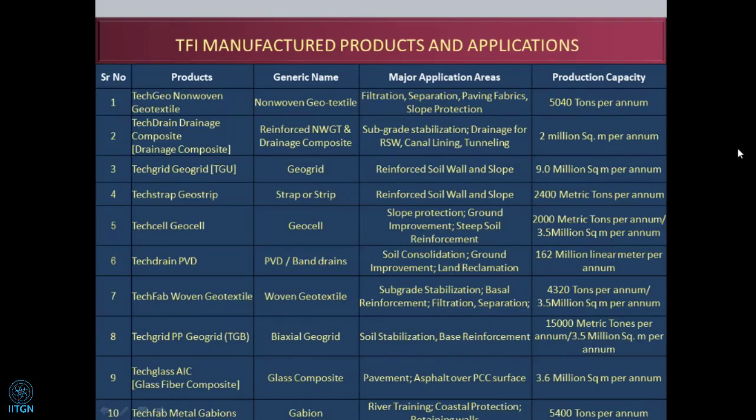And Gabions, I think everybody knows the application areas of gabions. But for reinforced soil wall applications, and also for river training works, gabions are widely used as a facing, and we have done many projects with this. We also have all the credentials for testing for this particular system. So you can look at this list of 1 to 10, all the products. I think you can cover almost all the application areas of various geosynthetic applications.